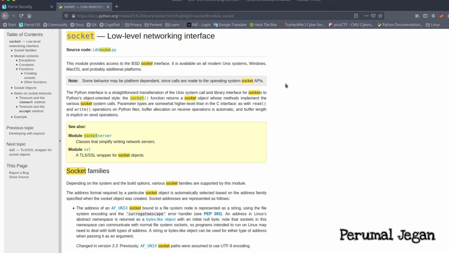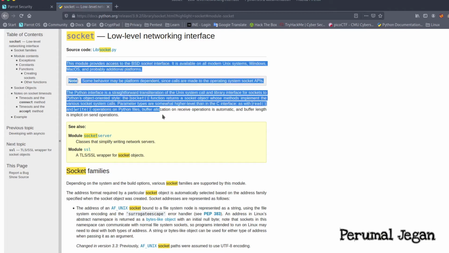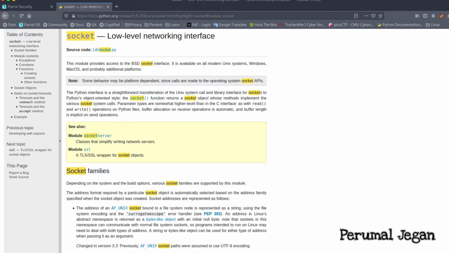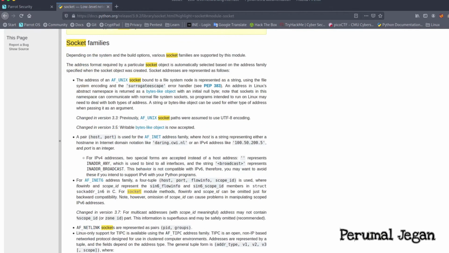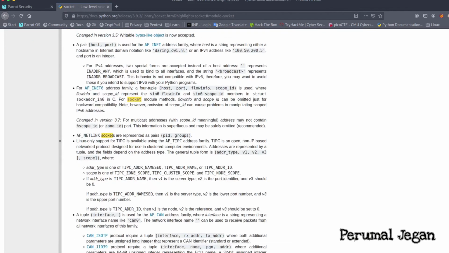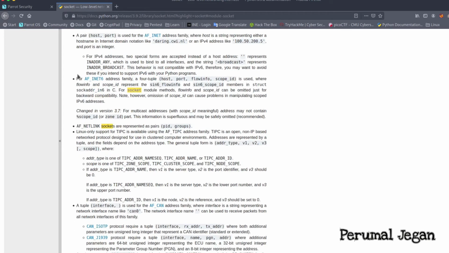And when I scroll down, I'll be able to know more about the socket. Just know about this parameter, AF underscore. AF depicts address family. AF underscore inet6 indicates the IPv6 address family.